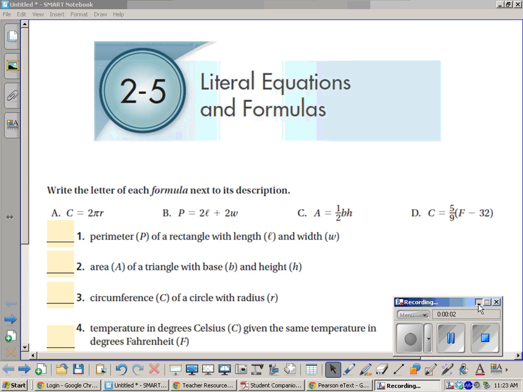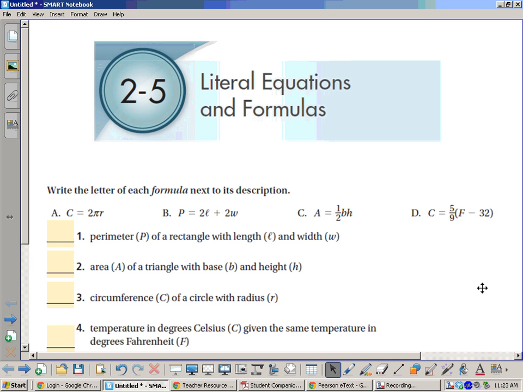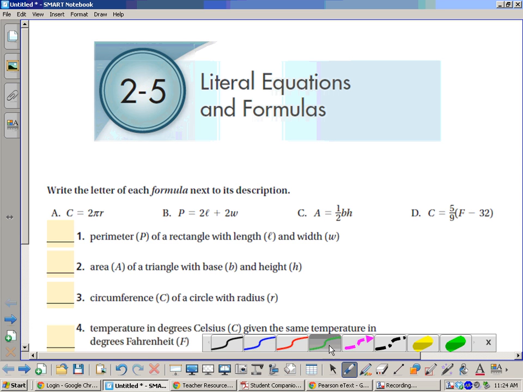Good afternoon, class. We're going to work on some equations today, but we're going to make up equations and move variables around. So we're going to have multiple variables in our equation today. And we're going to be dealing with formulas as well that are predefined. So here are four different formulas. And what we're going to do is just go through and identify which formula matches which description down here